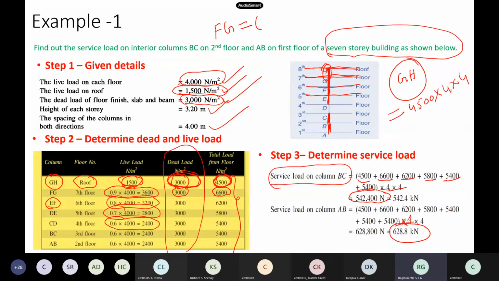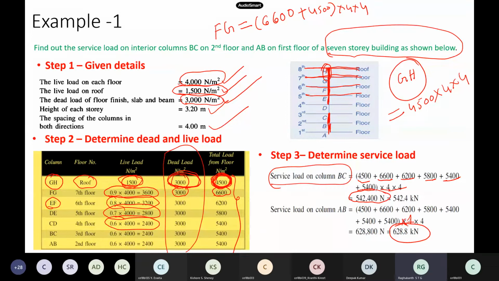So finally tell me the number. 6,600. That is only for this one. Plus you have to add the roof also. What is the load coming from GH that you also have to add? So from GH, 4,500 multiplied by 4 by 4. So this is the load which is acting on FG.